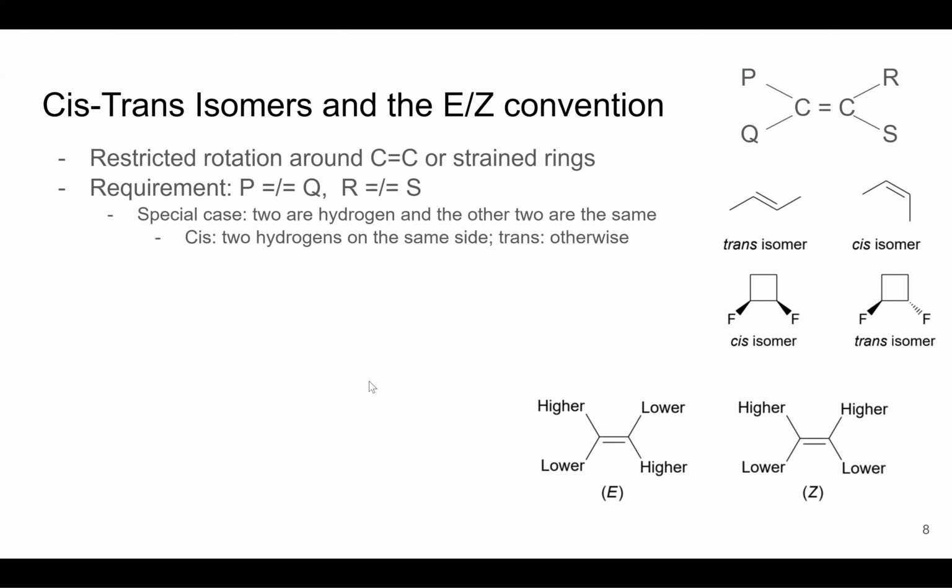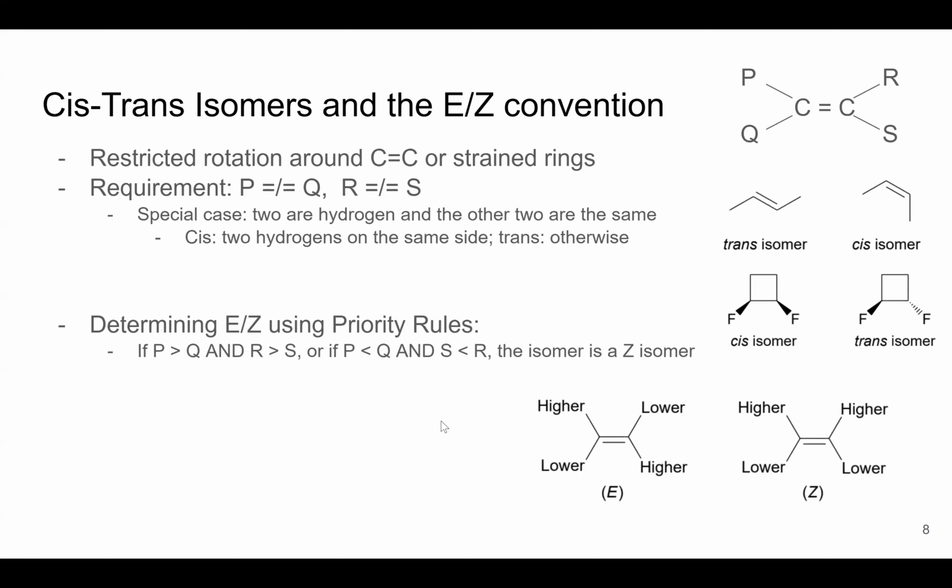So what if you have two hydrogens but not two methyl groups? For example, one is methyl, one is ethyl. What about that? Well, we have something called E/Z rules. We can use the priority rules or tree drawing from just now, and then we can label the priorities. So for example, if we have something like this,